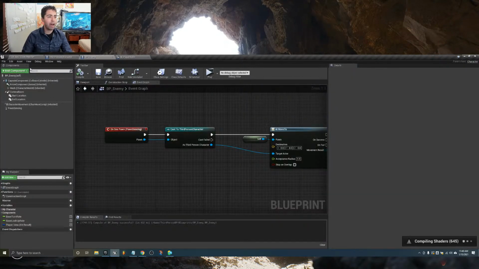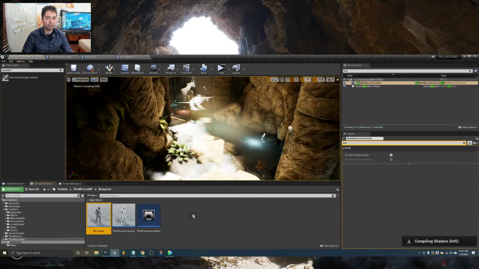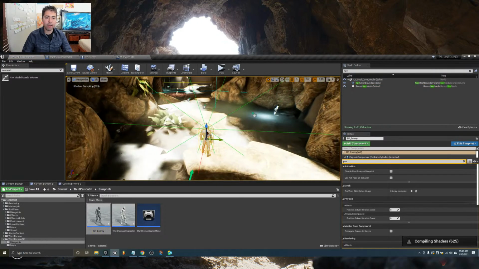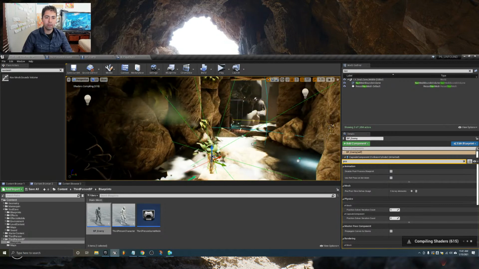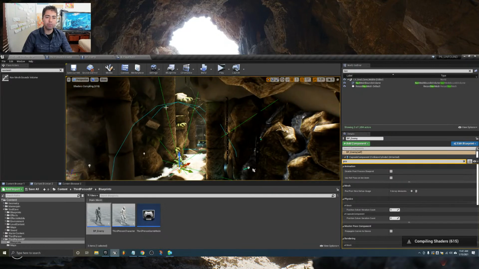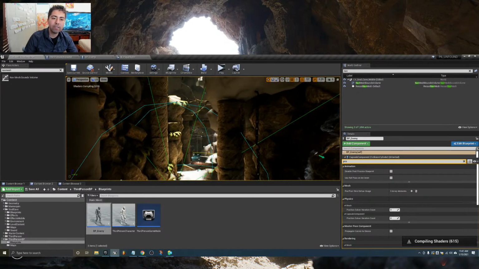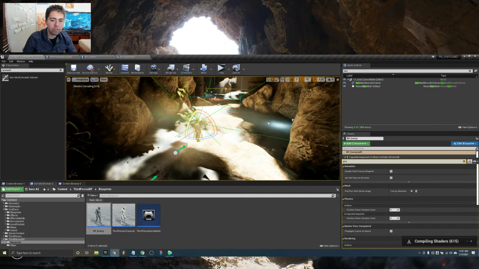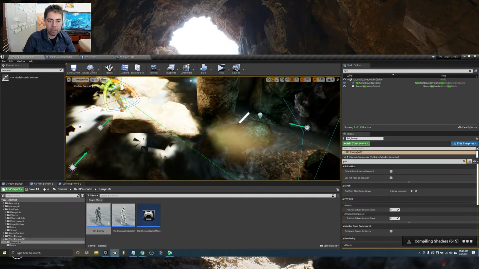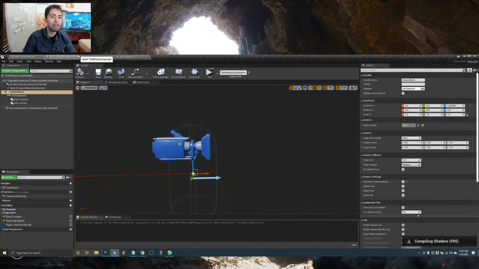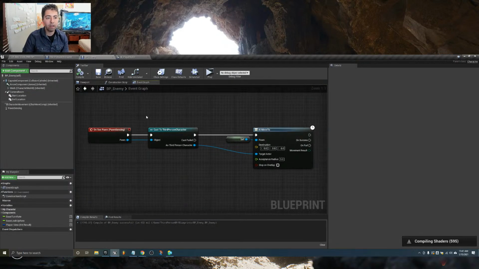Now let's bring our enemy guy out into the world. We're going to put him right here, and he's facing this way. Oh, and you can actually see his sight radius now. See the blue lines, the blue sphere? That's his hearing radius. And this green thing is where he can see. So with his back turned to you, he should not be able to see you. Let's see if we get close to him and he either hears us. I don't know if hearing can be triggered yet. Well, he won't, because we didn't even put code into it. Or if he sees us,